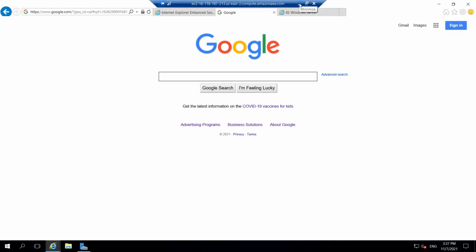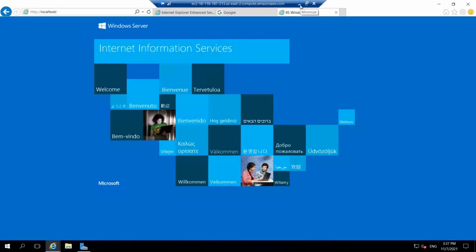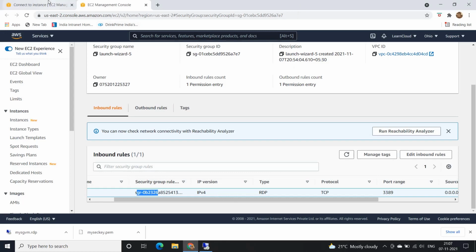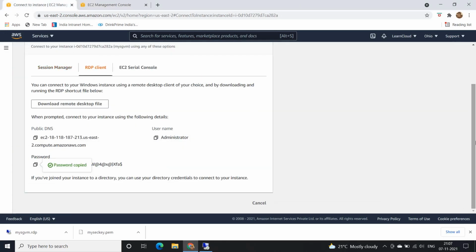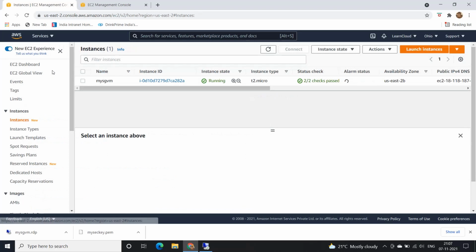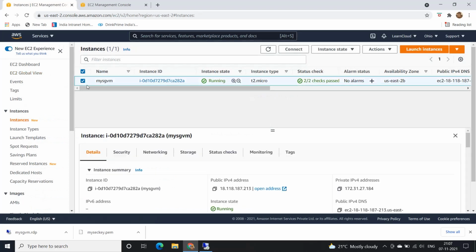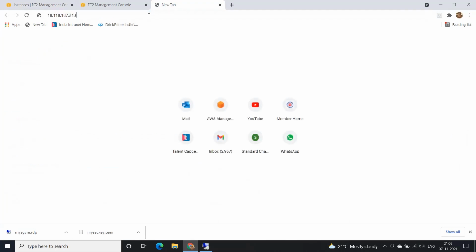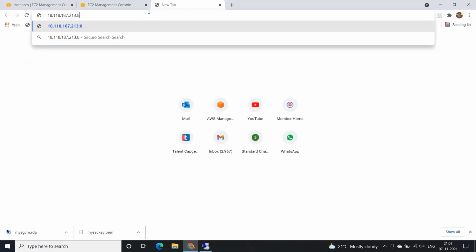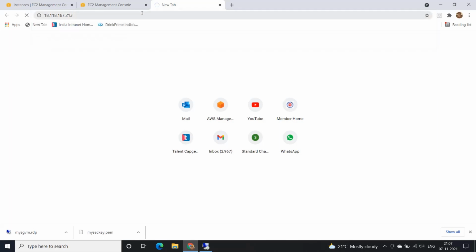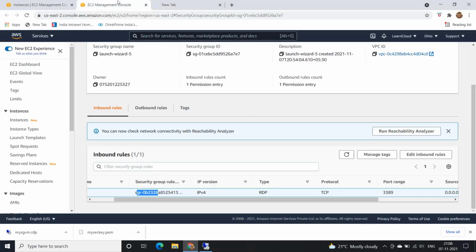So now what we'll do is, this particular IIS web server is running on port 80, right? So now I'll try to access it from my laptop. Let's see if we are able to do that. Let me go to instances and pick up the public IP of that, and I will be pasting it. And we want to access port 80, which by default runs on port 80. So hit enter. I won't be able to access it, right? Because port 80 is not allowed in our inbound rules, so it can't go through.